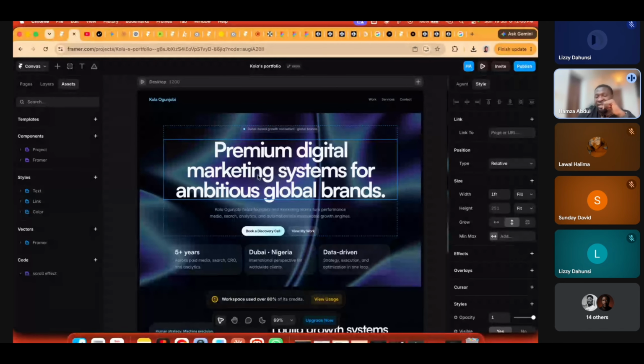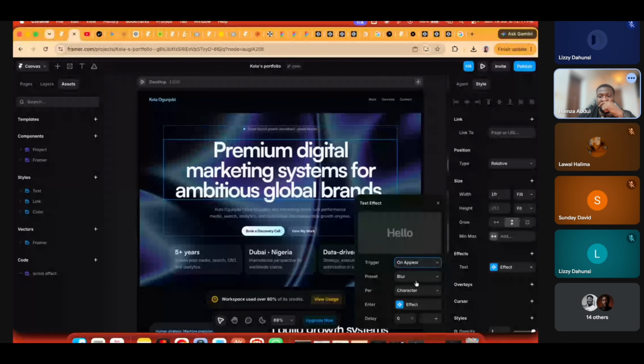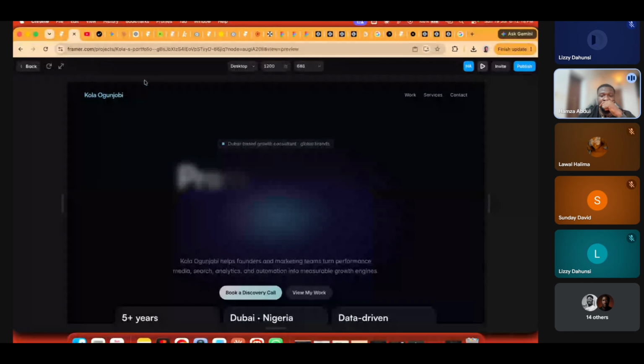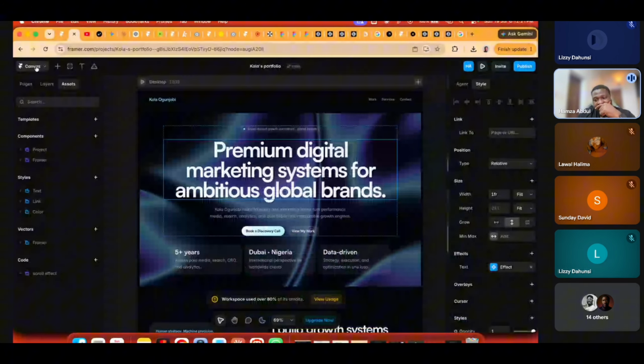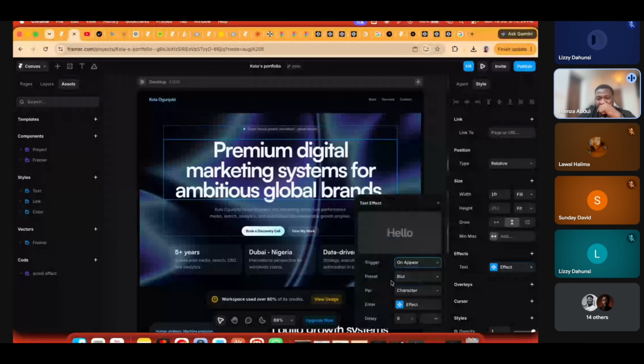For example, for this text, we can add an effect to it. We can add a text effect so that on appear, something will happen. Just by clicking on that plus, something has already happened to it. You can change this and put any kind of effect that you want. We can change this to shake, or to scale.